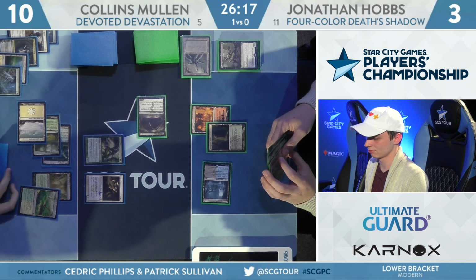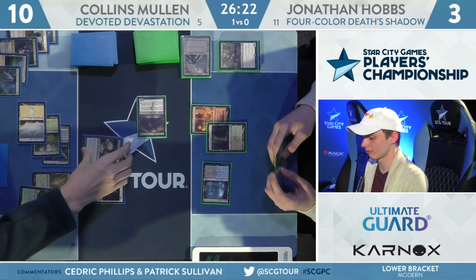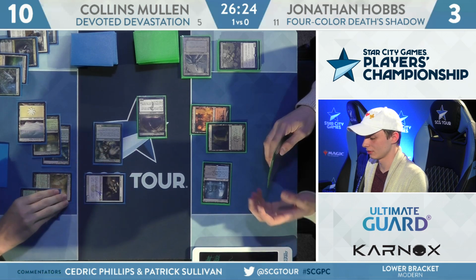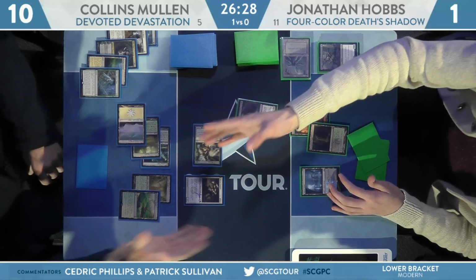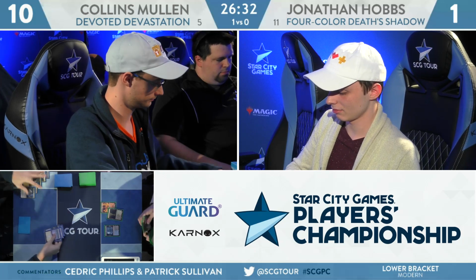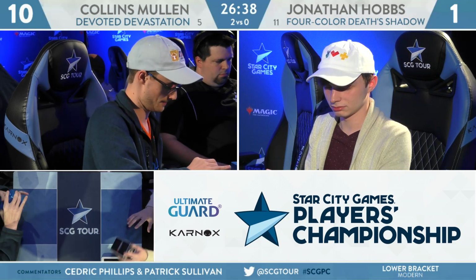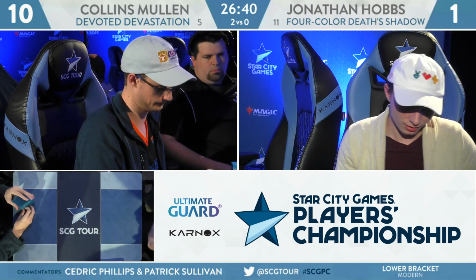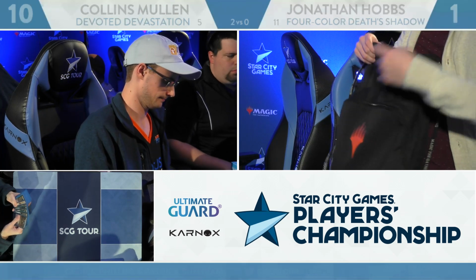Something that he and his team identified as a weakness that Urza decks have. A weakness that these Death Shadow decks have. And pro black and pro green are kind of where you want to be. Hobbs is going to draw and concede the game. Collins Mullen is going to win this game and match over Jonathan Hobbs 2-0. Devoted Devastation will take care of 4-color Death Shadow. For Collins Mullen, his tournament, his dreams of winning this title are still alive. And for Jonathan Hobbs, his tournament is